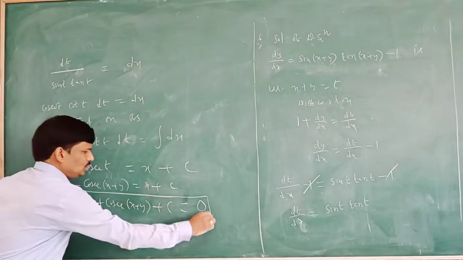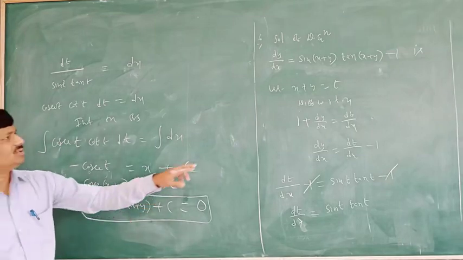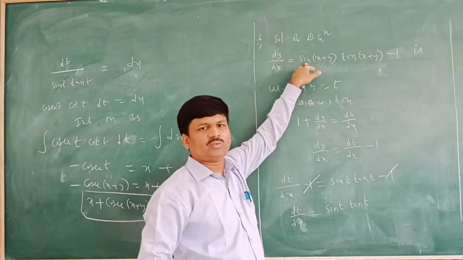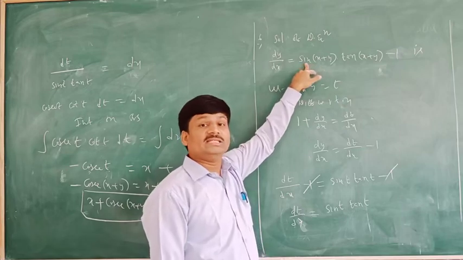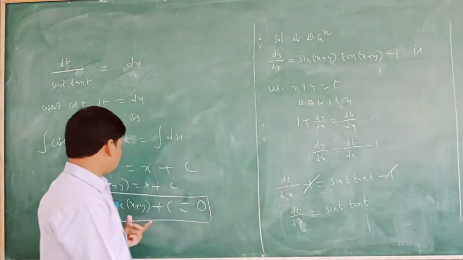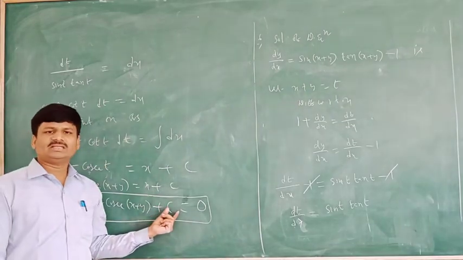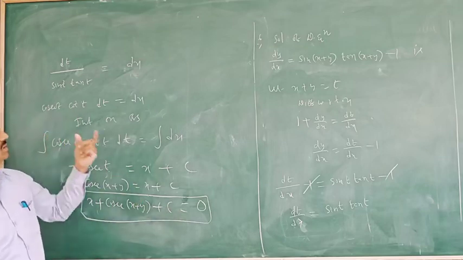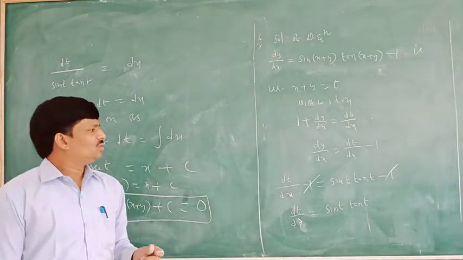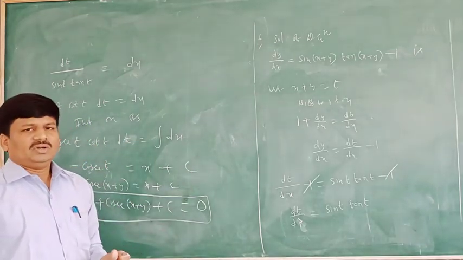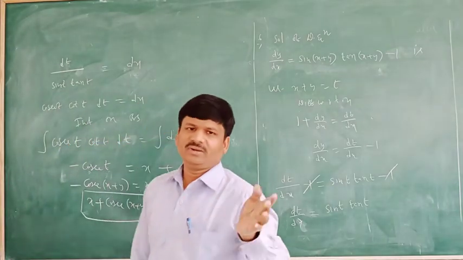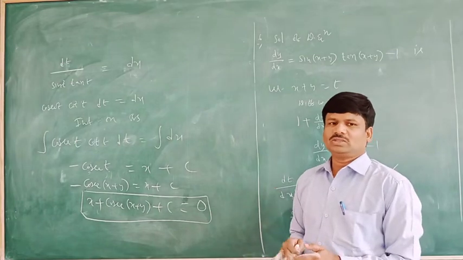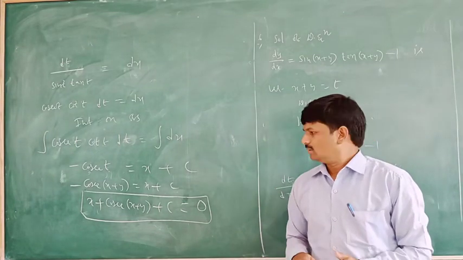This is our solution. Which type of solution is asked when we are told to solve the differential equation? Solving means we first get the general solution. Why is it general? Because the arbitrary constant c is there. So this is question number 6. Understand carefully: in objective questions, direct questions will not be given. They are given like this, and we have to simplify and find the solution of the differential equation. Okay, next question.